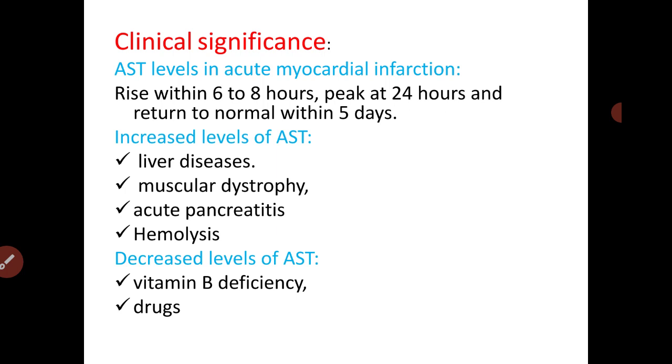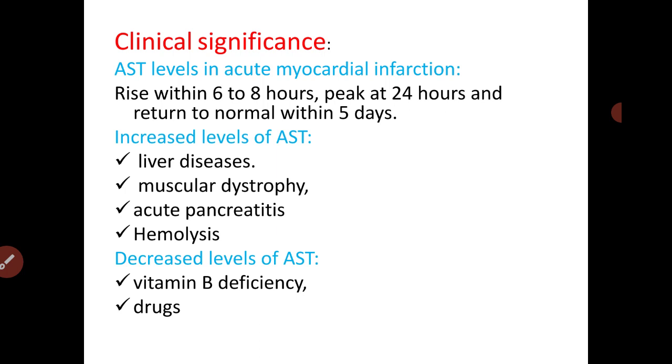Now, increased levels of AST are also seen in other conditions. I said AST is present in heart, so it is elevated in myocardial infarction. It is also present in liver. So any injury to the liver, it can be viral hepatitis or drug-induced hepatitis or cirrhosis of liver, or obstructive liver disease, in all these conditions the hepatic tissues get damaged and AST is released from them. Therefore, the serum level of AST is elevated.